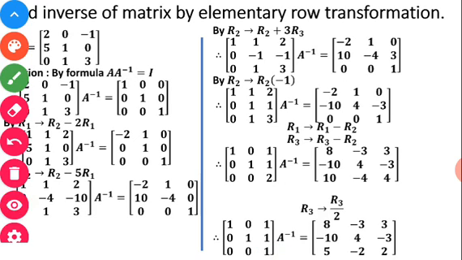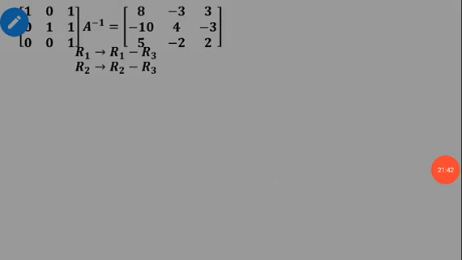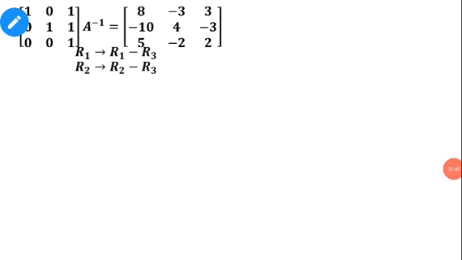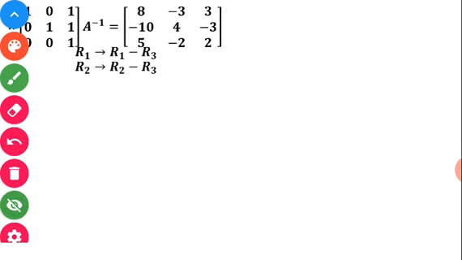So let's see how we can make the other 2 zeros by taking the help of this 1. First I have written the last step here as it is, whatever we got in the last step. I want to make this upper 1 and this 1 into 0 by the help of this last 1. So that's why I am doing the operation R1 goes to R1 minus R3 by the help of the third row, R2 goes to R2 minus R3, and now if I perform this operation, let's see what will happen.